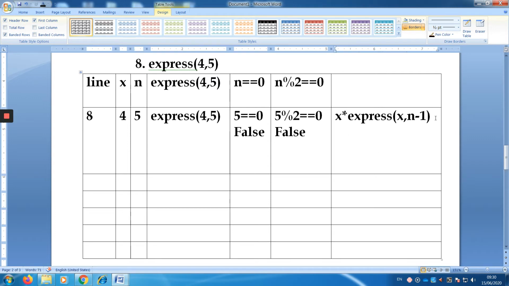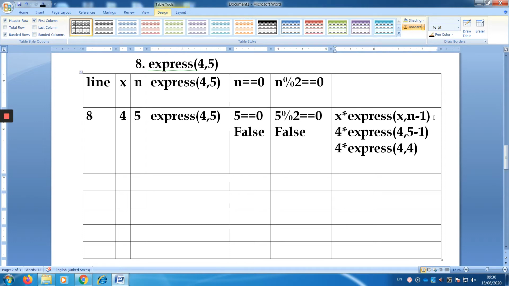The current x value is 4. I hope this is clear as I have written in the column. Express of the current x value, which is 4, and n value 5 minus 1. For your convenience, I am simplifying this: express of 4 comma 4.